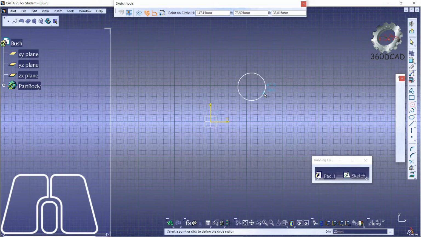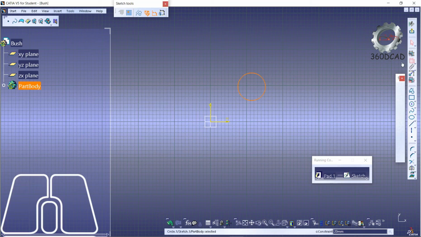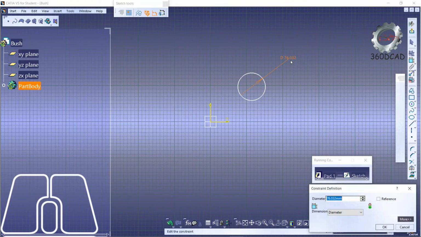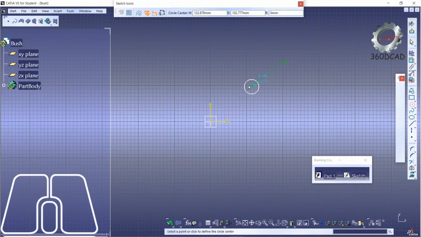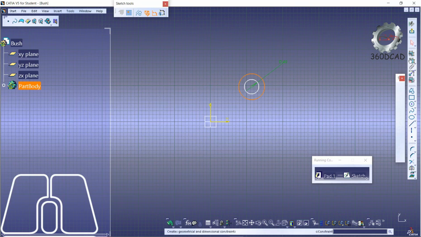So again I am going to draw a circle over here, provide the diameter, outer diameter is 40, create another circle with the same center and provide the diameter as 25.